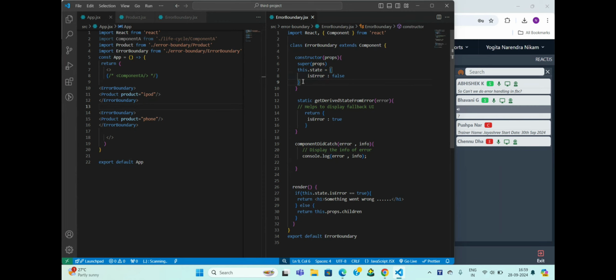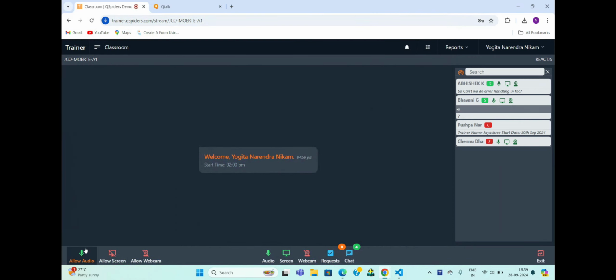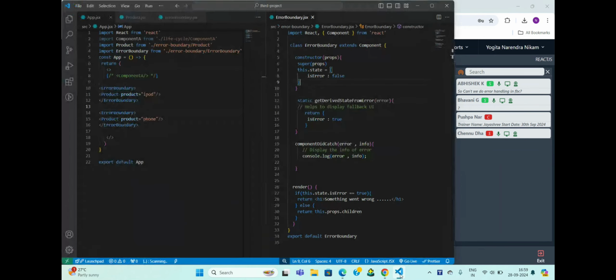Once it gets updated, you will be able to do it. But for now, you don't have any such thing that you can use for error boundary. Abhishek, we cannot do error handling in functional based. Why? Because we are handling the errors with the help of these life cycle methods. So, can we use life cycle methods in the functional based?